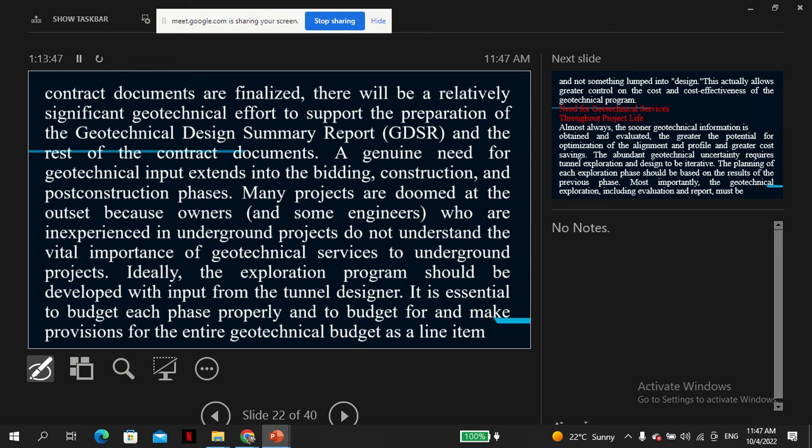In fact, from my own personal experience, clients come and think about a typical geotechnical survey